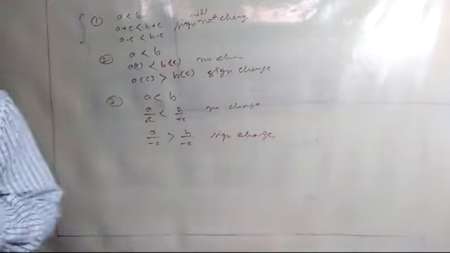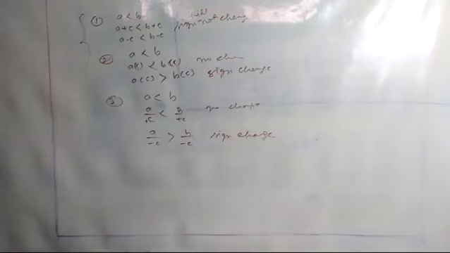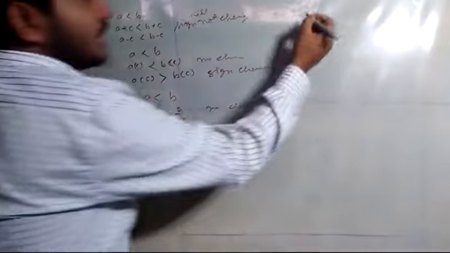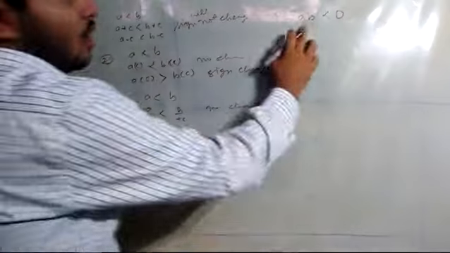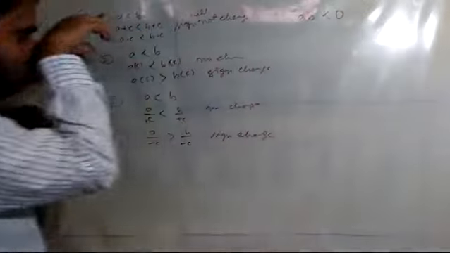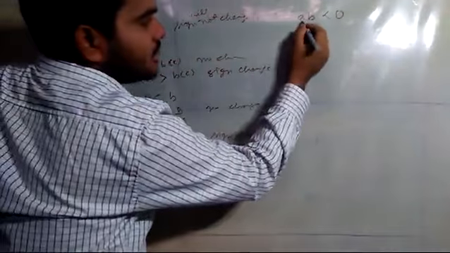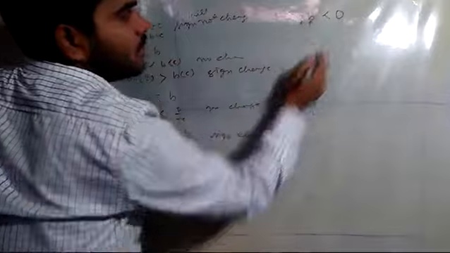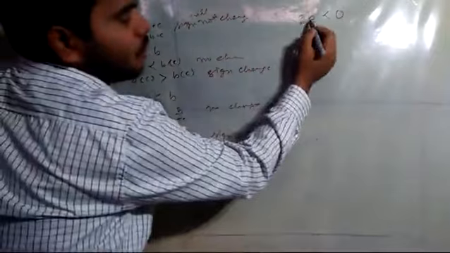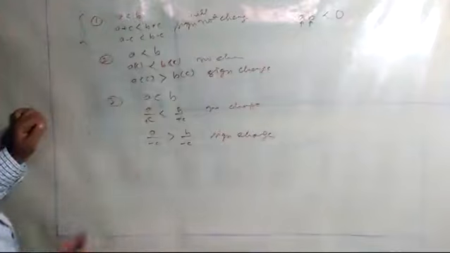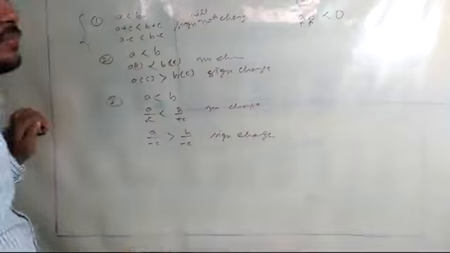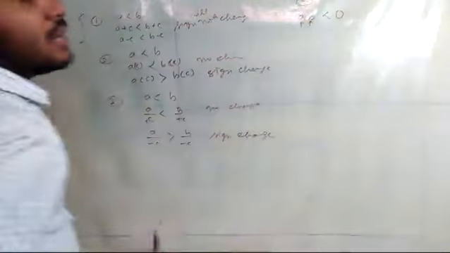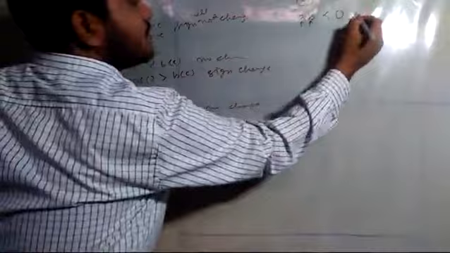This is the meaning of the laws. Now the most important among these is the next law that I will be dealing with here. For example, if I have AB less than 0, okay. Now what conditions are possible, that is true? The product of A and B is less than 0, which means it is negative. It should be minus any number. Their product A into B should be negative. Then only I can say that this statement is true.